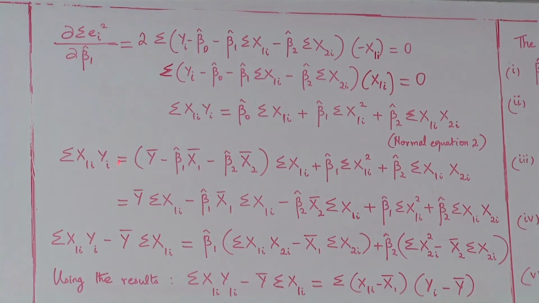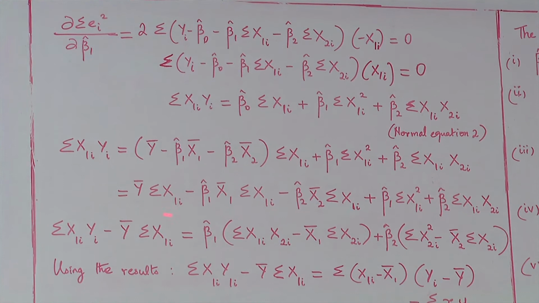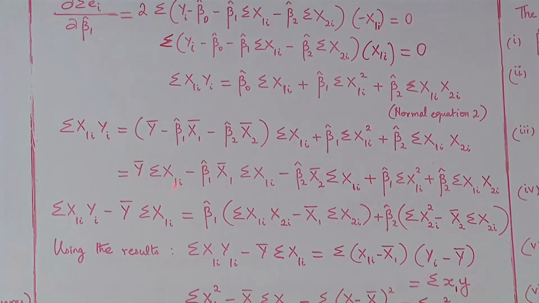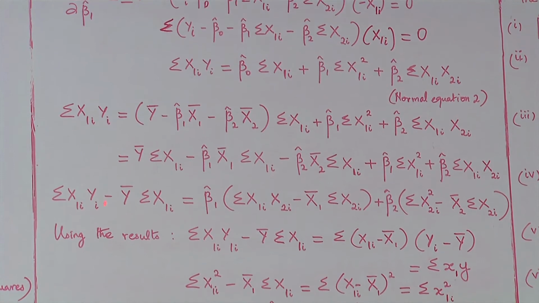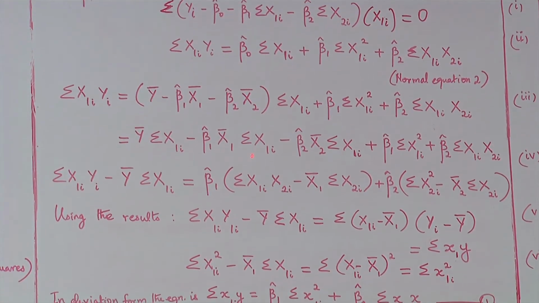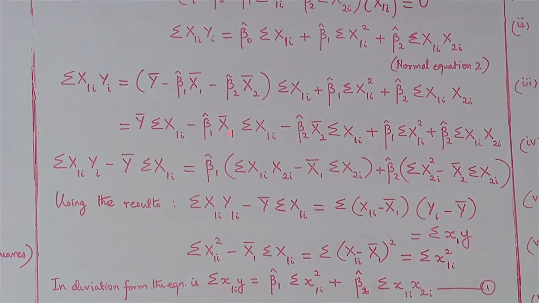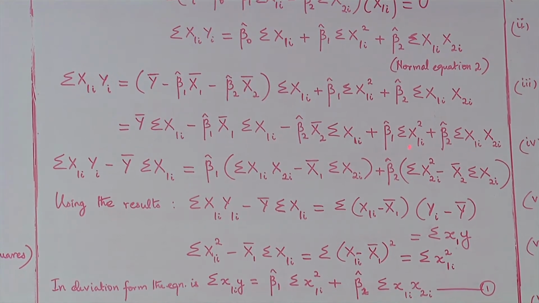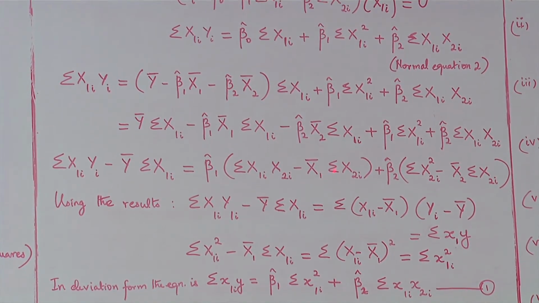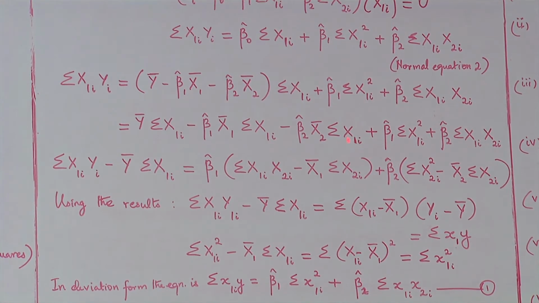In this normal equation, instead of beta naught hat, which we have already found, we substitute the whole formula: y bar minus beta 1 hat x1 bar minus beta 2 hat x2 bar. On multiplying each term, we get this equation, and when we take y bar sigma x1i in this equation to the left hand side, it comes in minus. So, if you look at beta 1 hat, we have 2 beta 1 hats, please take it common, and the other terms come into the brackets. Similarly, beta 2 hat is taken common, and we have the other two terms within brackets.